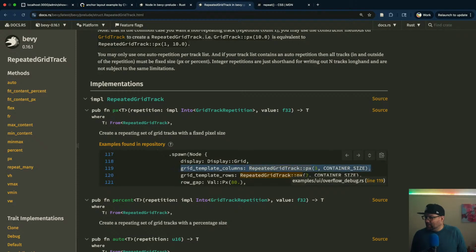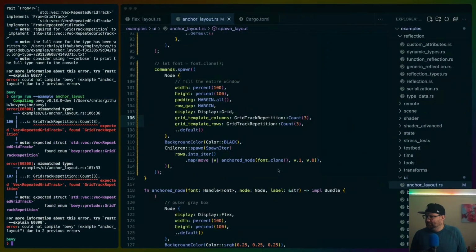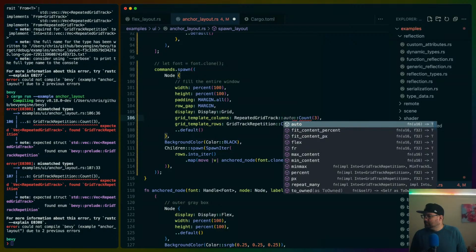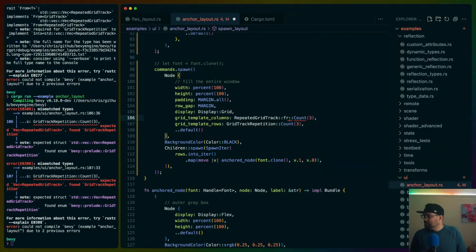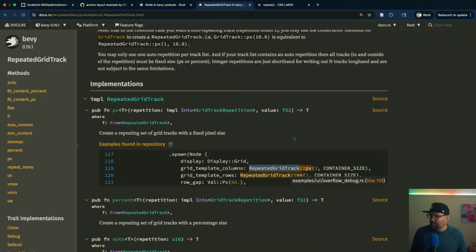This is using it right where we're using it, right? Repeated grid track. No, this is a different type. Repeated grid track, and we're using grid track repetition. So it wants us to write this instead, because this is just a count. So where do we use, so we're using repeated grid track. Where do we actually use